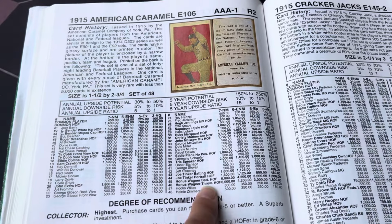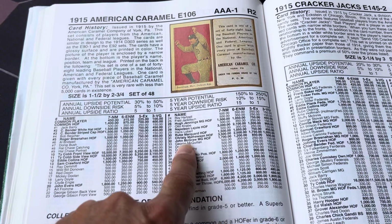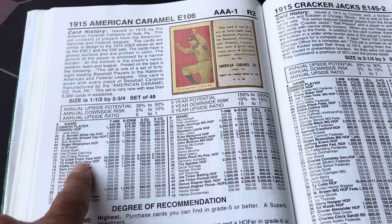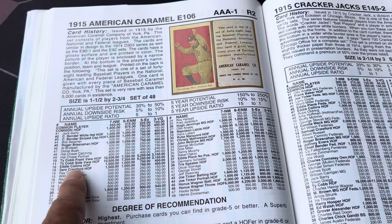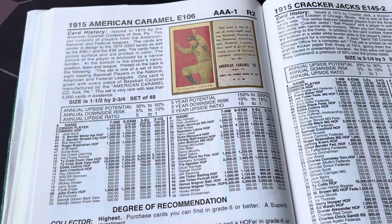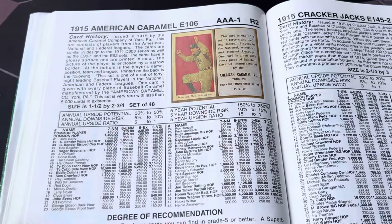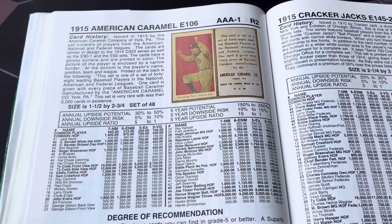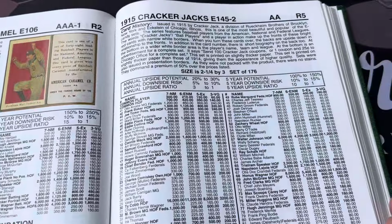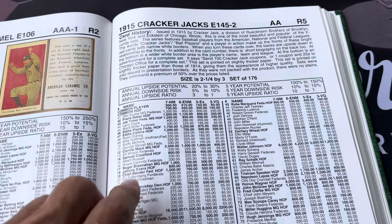But there are big names in here. There's Honus Wagner, Tris Speaker, Eddie Plank, Christy Mathewson, John McGraw, Nap Lajoie, two different Ty Cobbs, a front view and a side view, Chief Bender, and Roger Bresnahan. So a lot of the big name guys, the guys we're always talking about, are going to be in that set also. And the last one we're going to talk about in this video is another big boy, the 1915 Cracker Jacks,